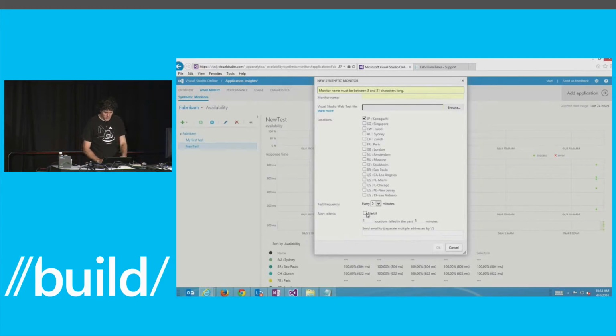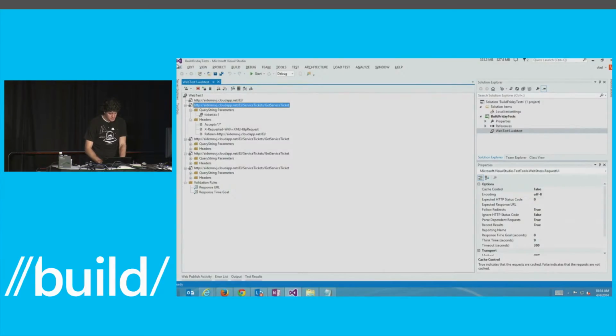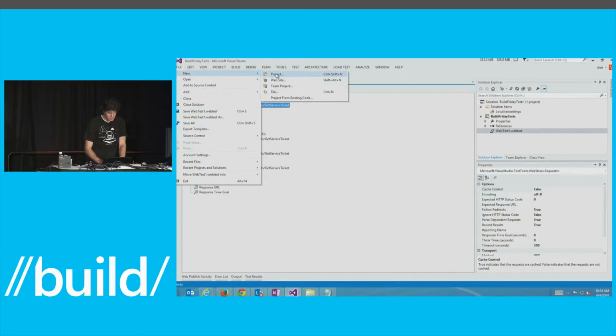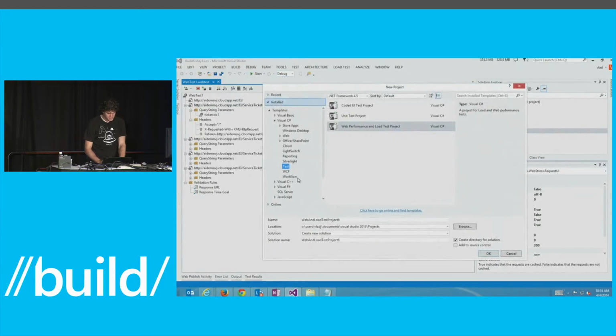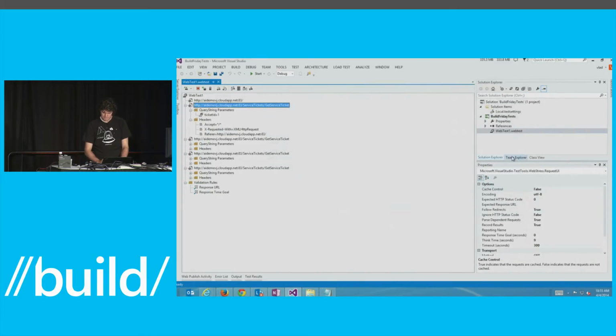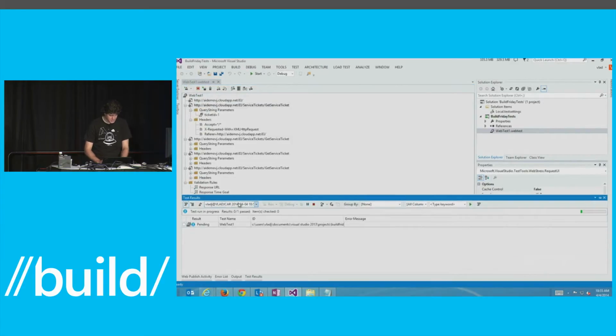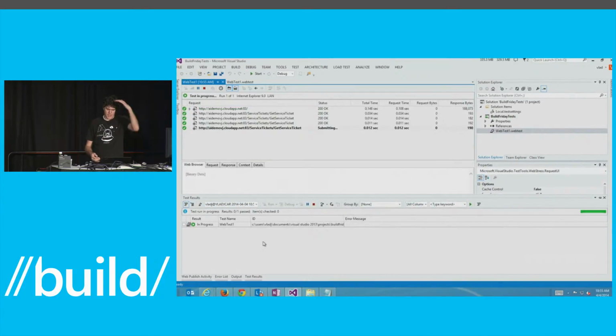So this is where you do Visual Studio web tests, and I actually have a web test here that I created, and as Chuck showed in the previous session, you could go File, New Project. Under Test, under Visual C# here, I have this Web Performance and Load Test project. That's the project template that you want to create. I've already created one of these here, and I've done a recording that goes against a few different pages. And if I click Run Test here, I can run this test locally,